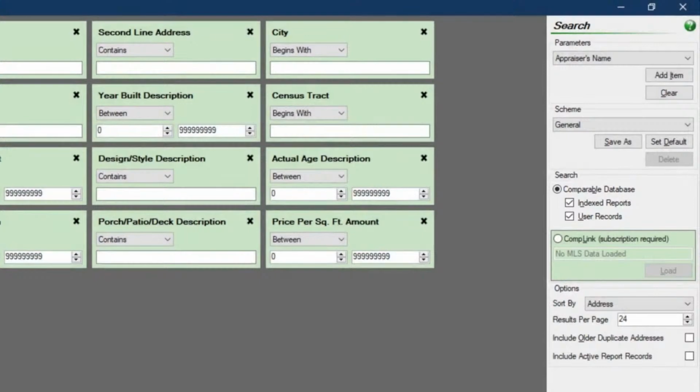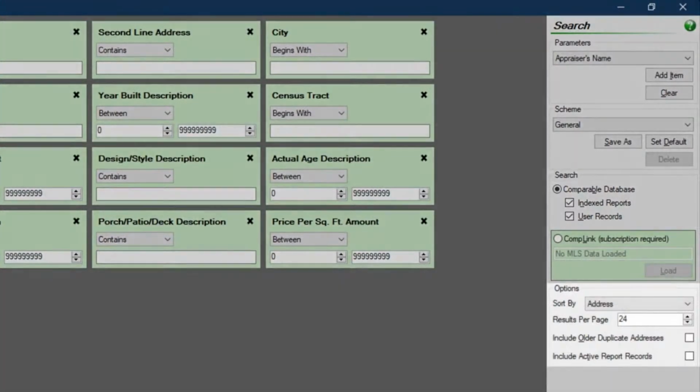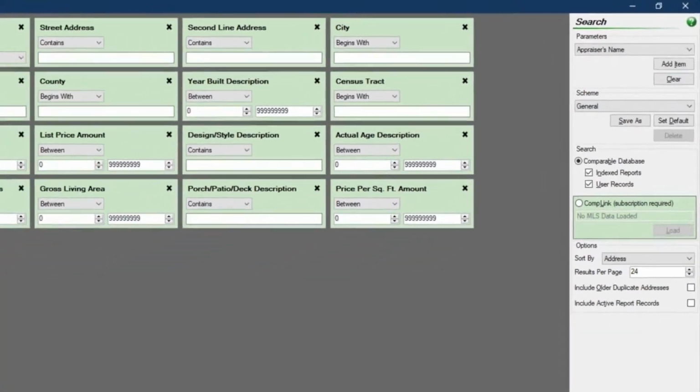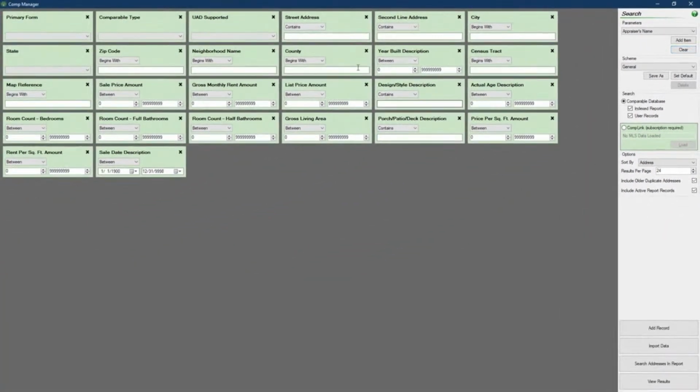Some additional options below search options include the order in which to sort the results, how many results will be displayed on each page of address tiles, whether to include all matches for a given address or just the most recent, and whether to include results that are contained in the current report. In most cases, you will probably want to leave those last 2 checkboxes unchecked so you get clean and up-to-date search results. To show you how it all works, we're going to search for a street